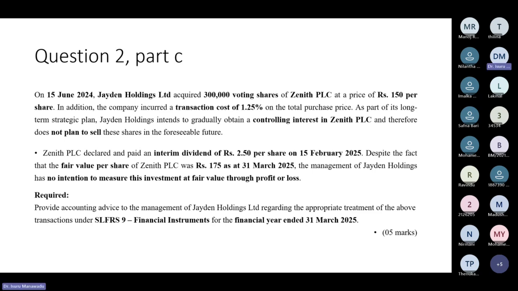Business model should be invest and hold. That's the most powerful condition for amortized cost. Invest and hold. Let's say we invest in debentures or a fixed deposit for 4 years. But if you withdraw your money before 4 years, you cannot classify that investment under amortized cost. Then you need to see the second one.